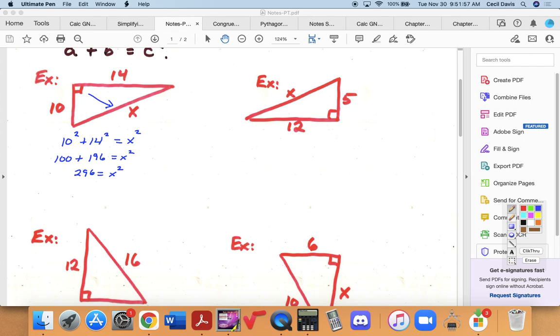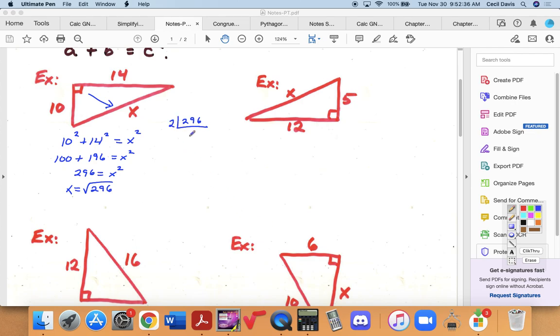Well, we don't want x squared. We want the length of that side that has a value of x. Well, how do you undo something squared? Take the square root. So x is the square root of 296. And now we're going to simplify that square root. Most people on this one would probably do prime factorization. It's not immediately obvious what the biggest perfect square is that would divide evenly into this, but